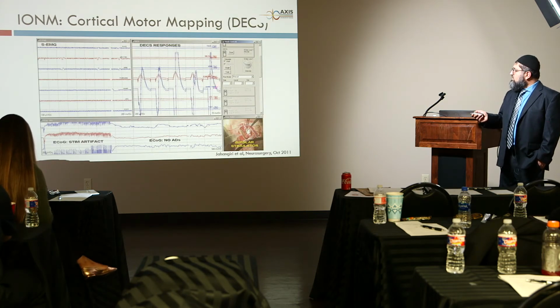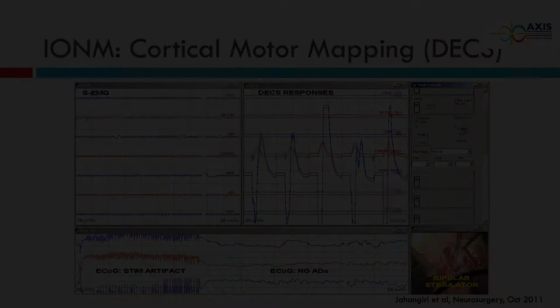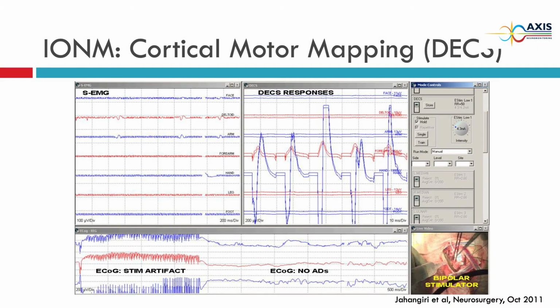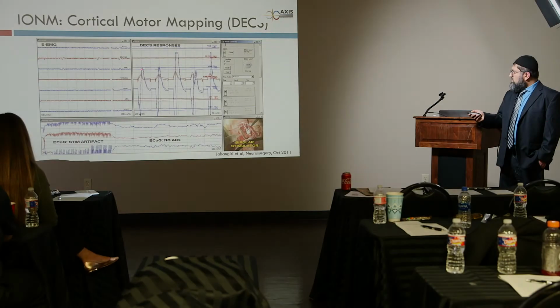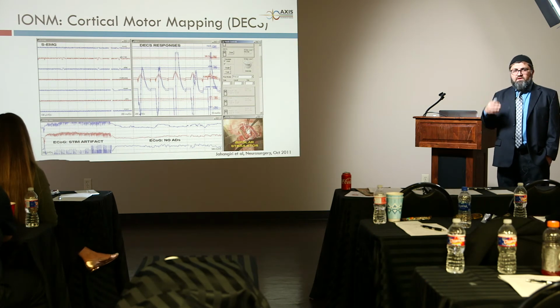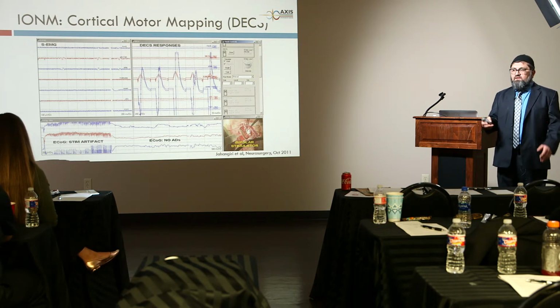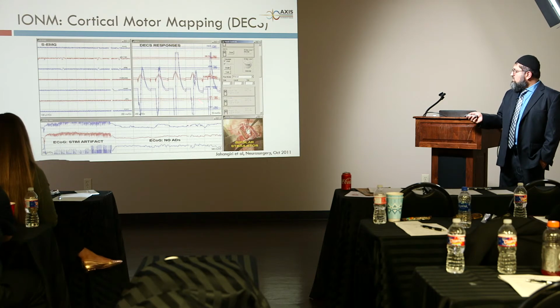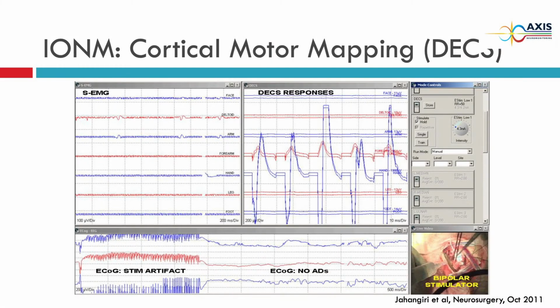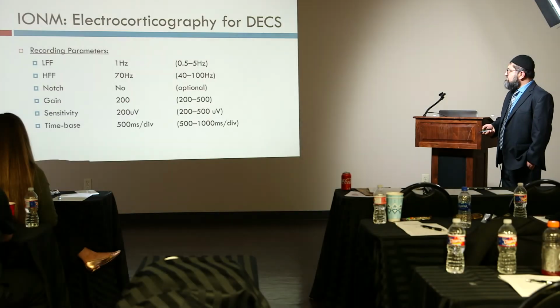So if you're stimulating with the Penfield, you see a response, because this is a response at 4.3 milliampere, a very short train. This is the stimulation artifact in electrocorticography. The grid is the EEG recording from the brain, and this is spontaneous EMG. You see multiple responses because we are doing 50 Hertz stimulation. There are 50 stimulations per second, for 3 to 4 seconds, which means there are 200 pulses. And if you look at this, it is 10 milliseconds per division. So the time between each response is 20 milliseconds, which is the same as the frequency. A frequency of 50 Hertz is a 20 millisecond ISI.